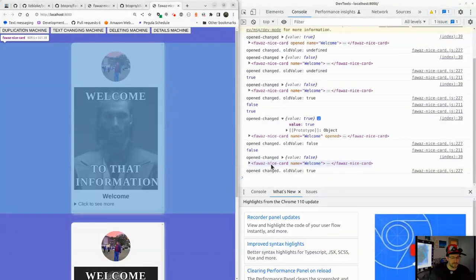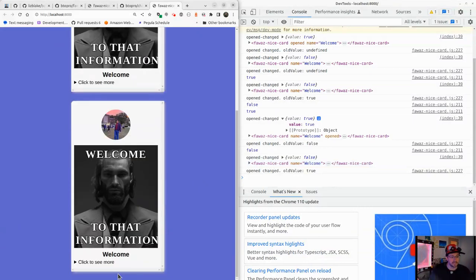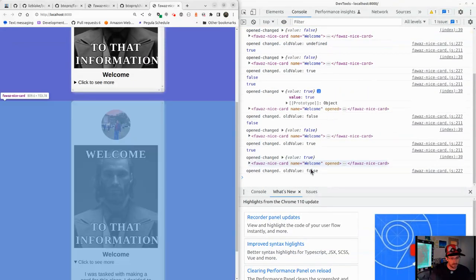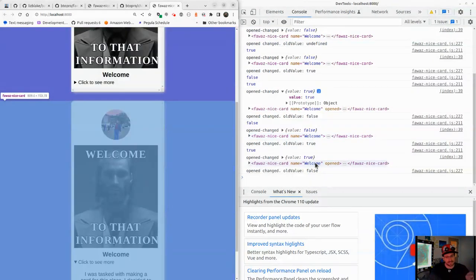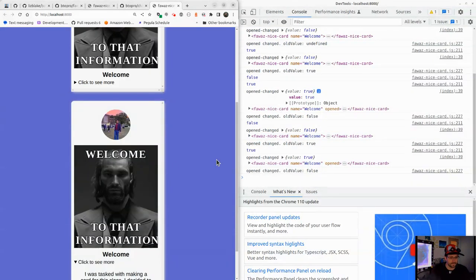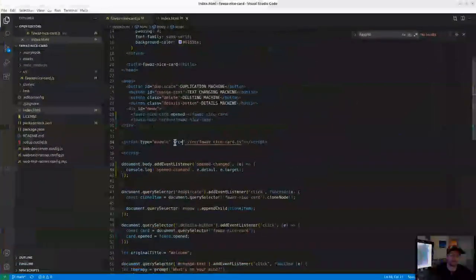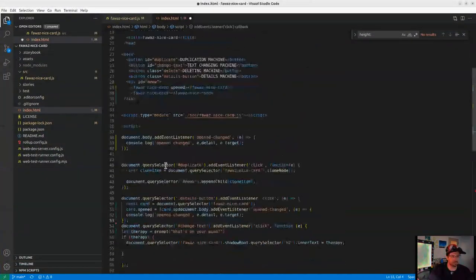And then it's also giving me a reference of what emitted this, because if I click the other one, right, I can be aware that the event actually came from that second one instead of the first one. So I've got open changed. And the thing that tells me where it came from is that e.target. So when open changed has happened in any regard, whether it's via events or whatever, we're going to